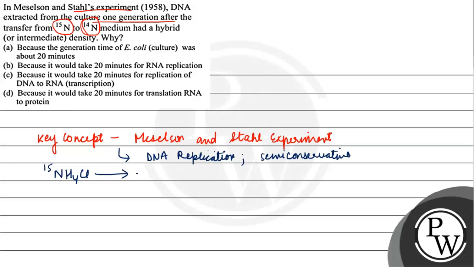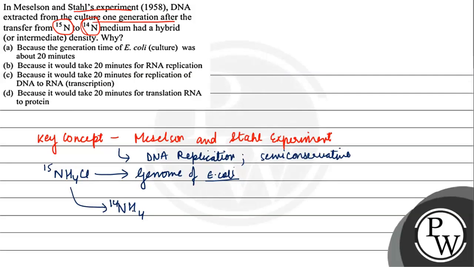and it was incorporated into the genome of E. coli. For numerous generations, this was introduced into the genome of E. coli so that it is completely present in the form of N15 itself. Now this N15 was introduced into the genome of